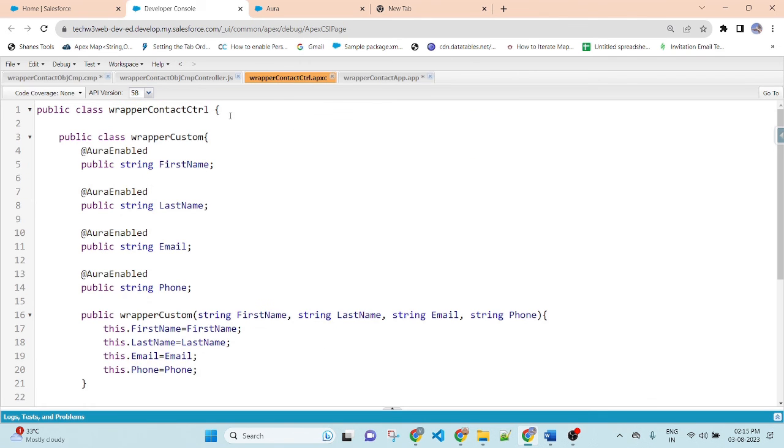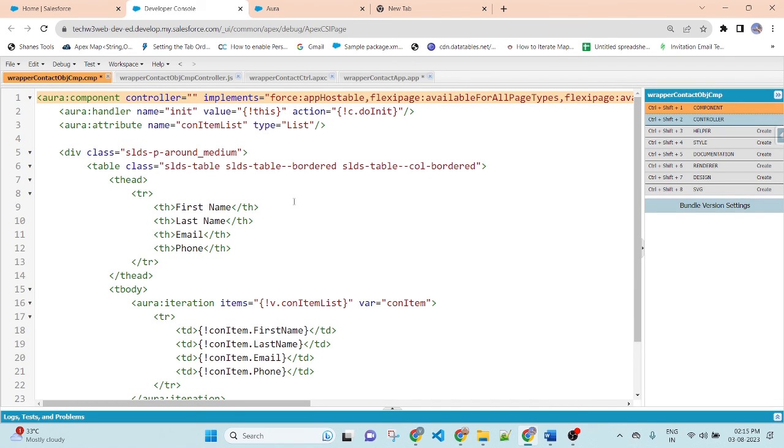My controller name is wrapperContactController. At that time I forgot to pass the controller name. Save. So I am passing the name of the controller at the top of the component here, and refresh the page once again.